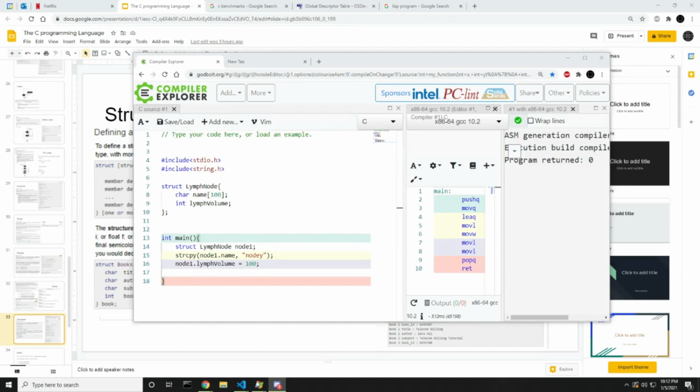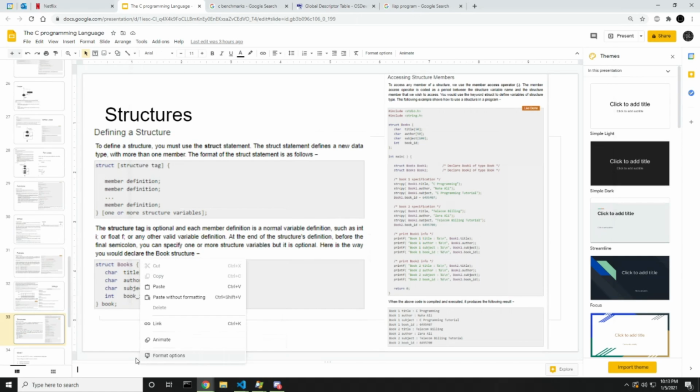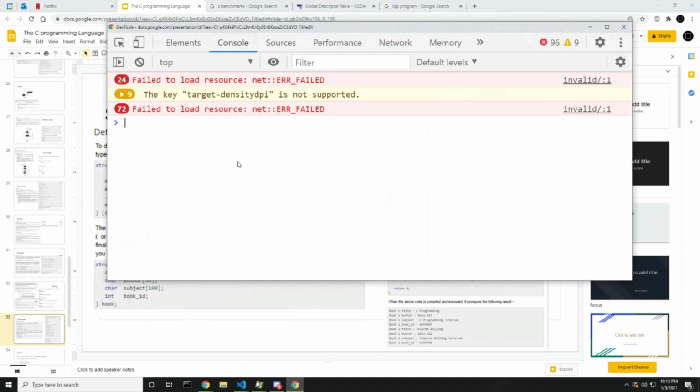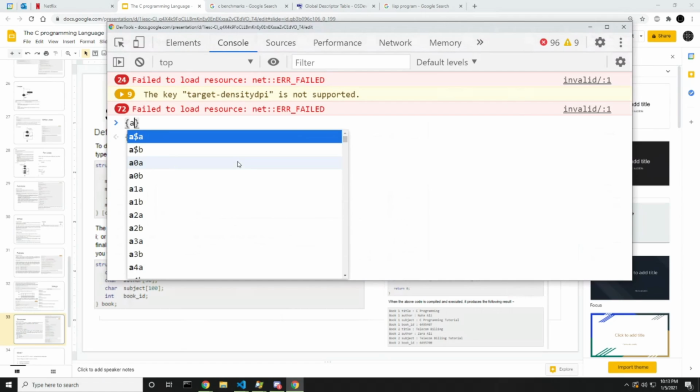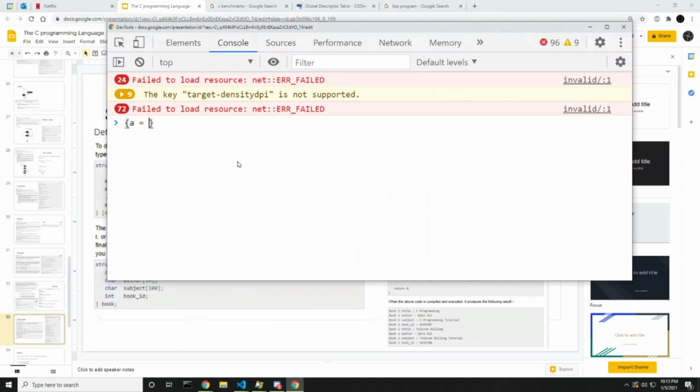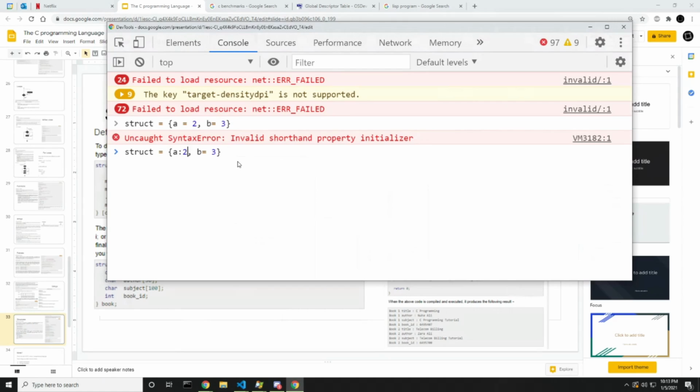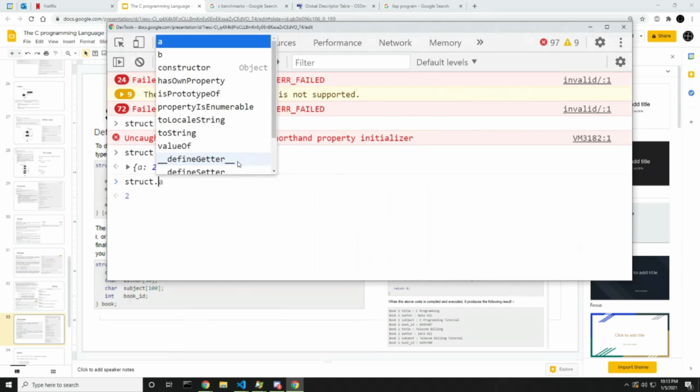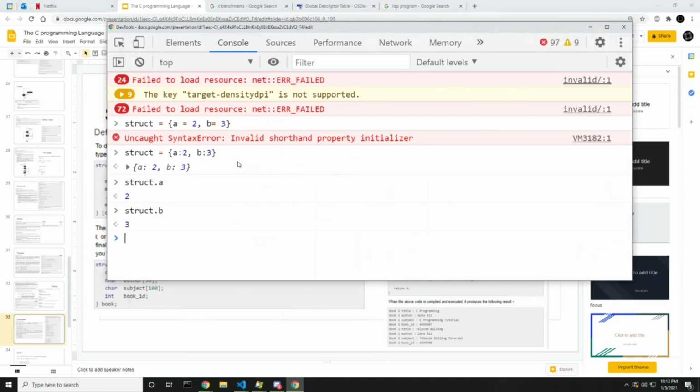Structs in, okay, so here, I'm very reluctant to compare C with JavaScript, because JavaScript is kind of demonic, but yes, in JavaScript, when we have an object, everything in that object is public, right? You can say A equals 2. I'm going to declare this thing, I call it struct, A equals 2, B equals 3. Oh, they don't like that. Do they really want me to do meme syntax? Okay, I'll do meme syntax. Yeah, but it's similar in that I can just do struct.a to get the value of A, and I can do struct.b. Everything's public, right? It is very similar in that regard,